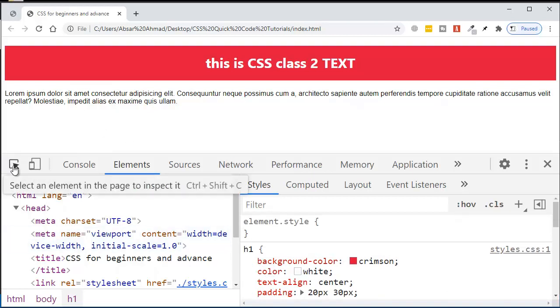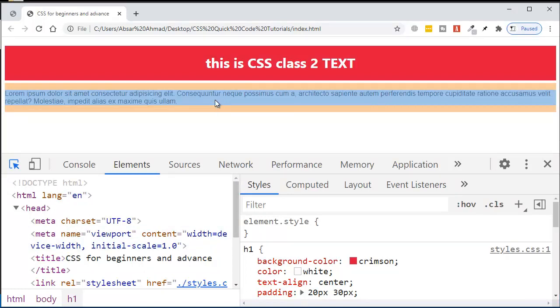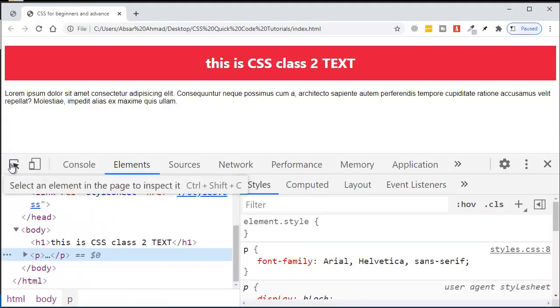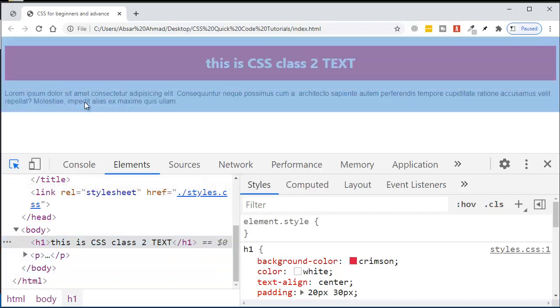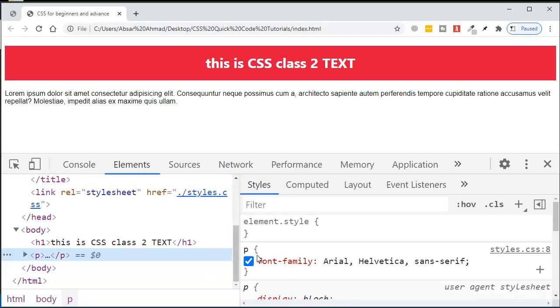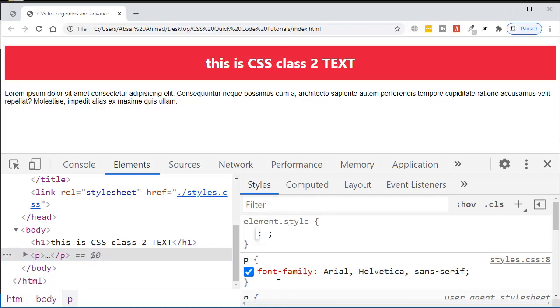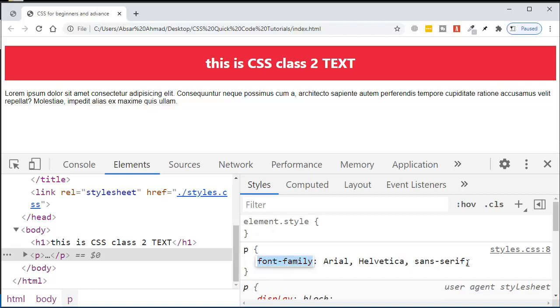Now select the element with this selector, and I want to select my p tag. Just as you select h1, it is h1 here, and as you select this p tag, you can see the p tag is here. Now if you want to change something in it, just click here. Let's suppose I will change the font